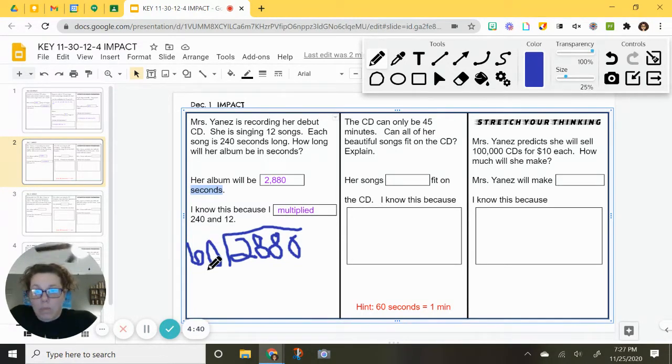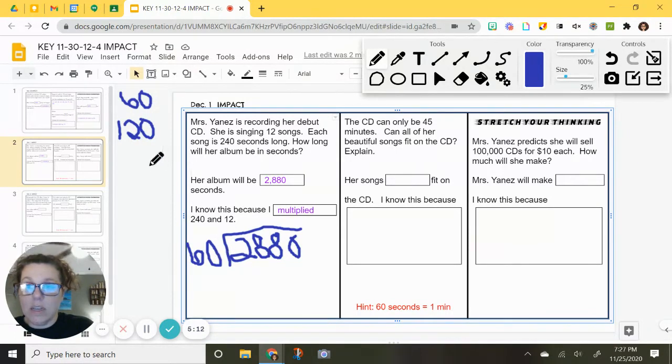Now, you might be thinking, I don't know how to divide by 60, so we can use one of our strategies that we've used on the previous slides or last week. That's when we counted by the multiples. So when you do multiples of 60, you got 60, 1 times 60. And then 2 times 60 is really 2 times 6, which is 12. And then you add on a 0, the 0 for the 60. And then you would do 3 times 6, which is 18, add on a 0.